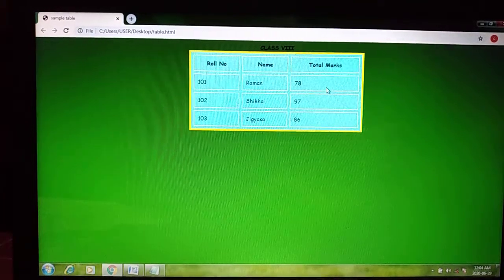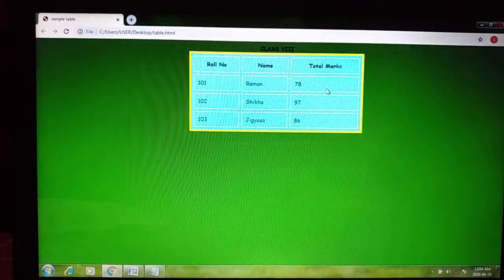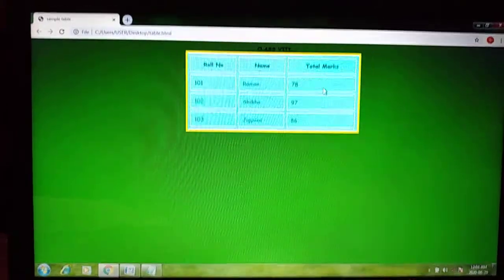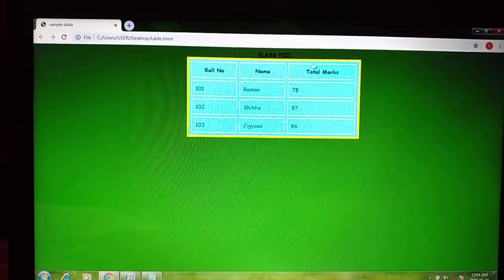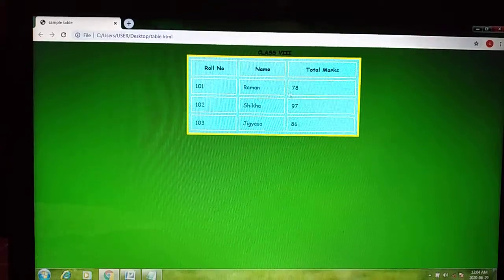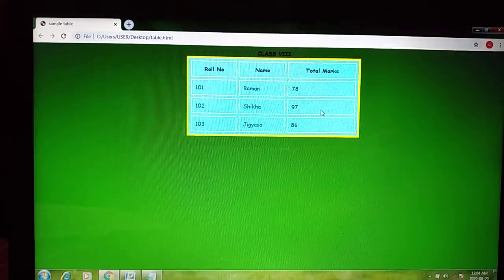If there was no attribute, a simple table will be displayed. Otherwise, if you apply the attributes and values in the opening table element, all these changes can be done to the HTML table. Okay, did you understand?